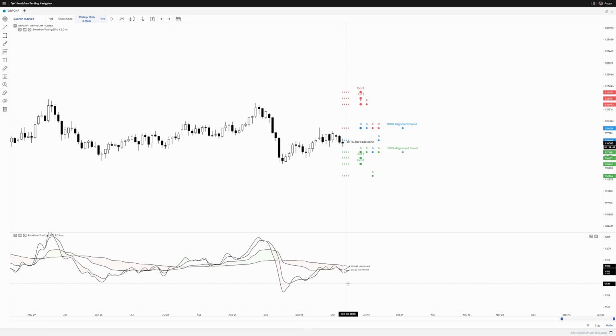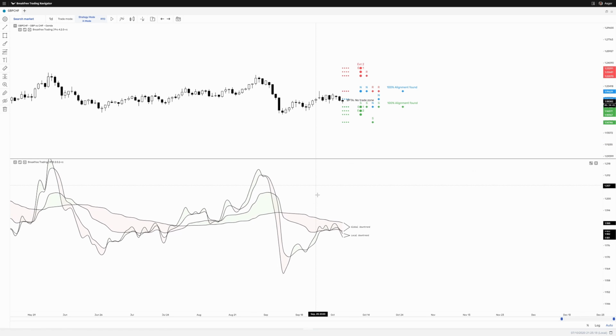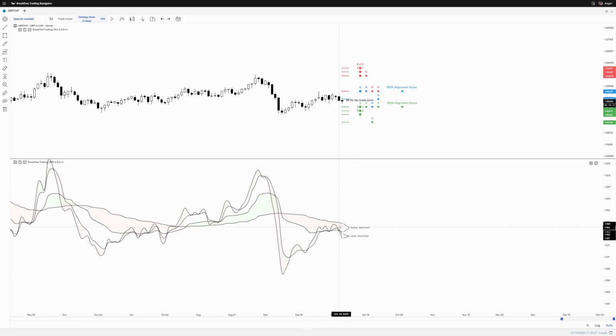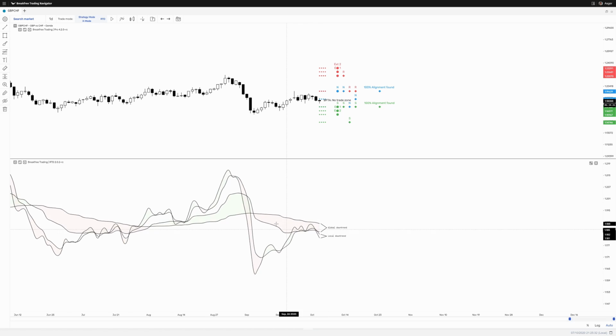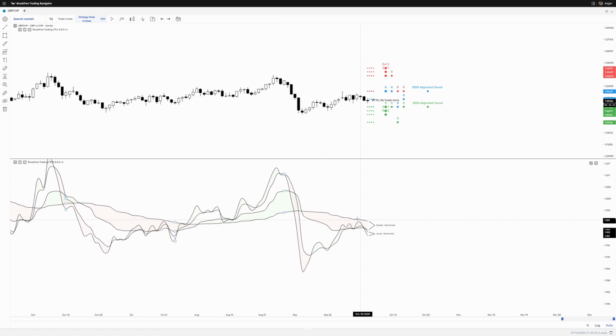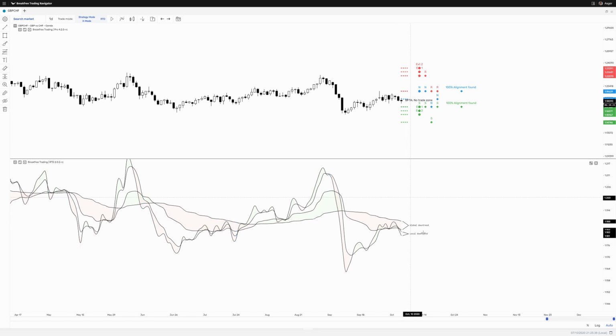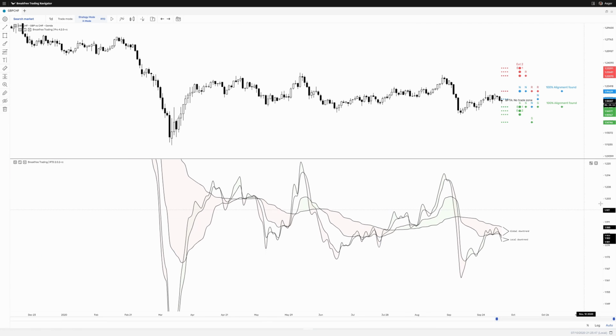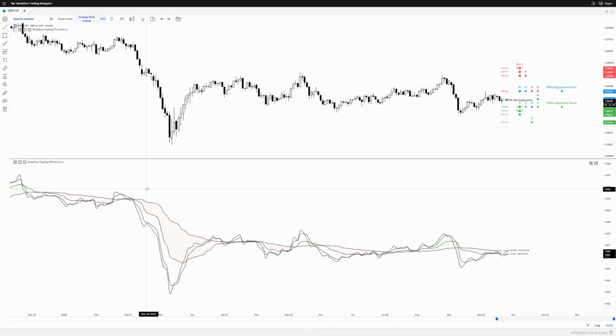So if we actually look at what we have here with RTD, you can see that the local trend currently on GBP CHF on the 1 day time frame is trading below the global trend. You can see that this local trend is below this big red one, which is the global trend. You can always identify these two by the labels out here, but most of the time you can even just read it from the chart, because you will notice that the global trend tends to move in a different fashion than the local trend,